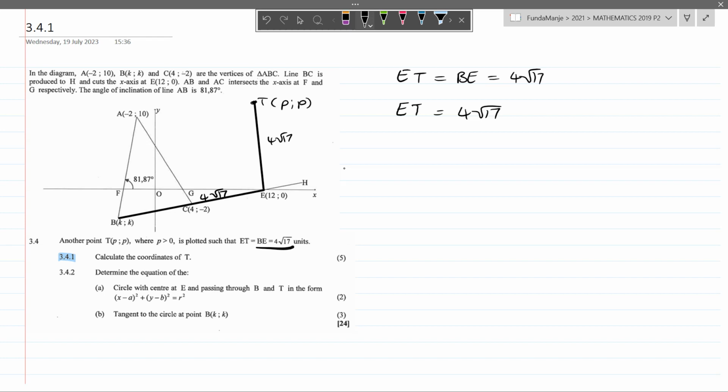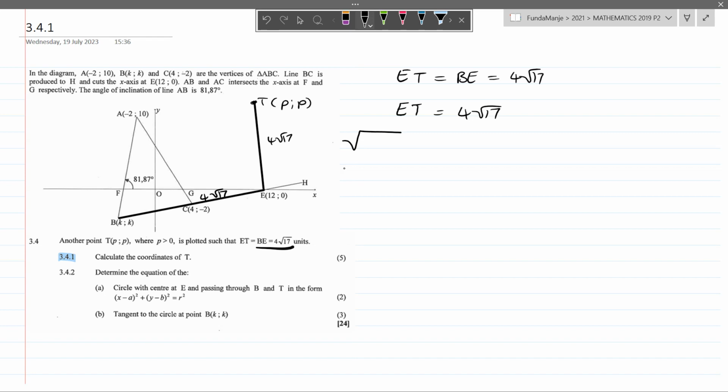Then what I'm saying now is the distance for ET is 4 root 17, which is true because that's what has been given. And with that, I'm going to use the distance formula,